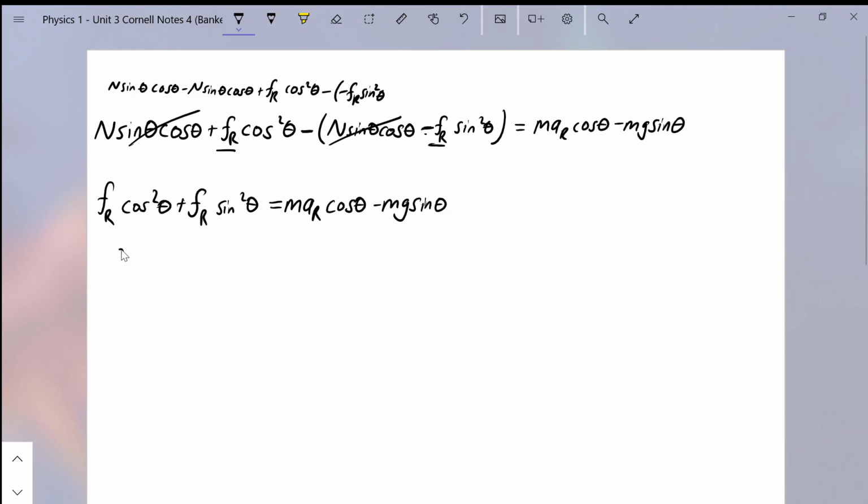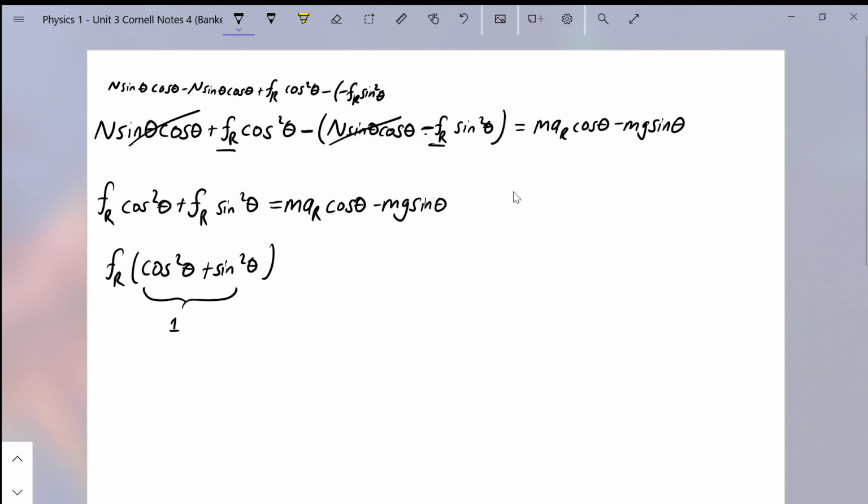I can factor out this f sub r from both terms, and I get a cos squared theta plus sine squared theta. If you recall from your trig class, which I'm sure many of you have not taken yet, there's a relationship that says when you add a cosine squared to a sine squared, this is equal to 1. Why this happens involves your unit circle and all that stuff that you'll learn about next semester, but it's just an identity that you should memorize, and that is cosine squared plus sine squared equals